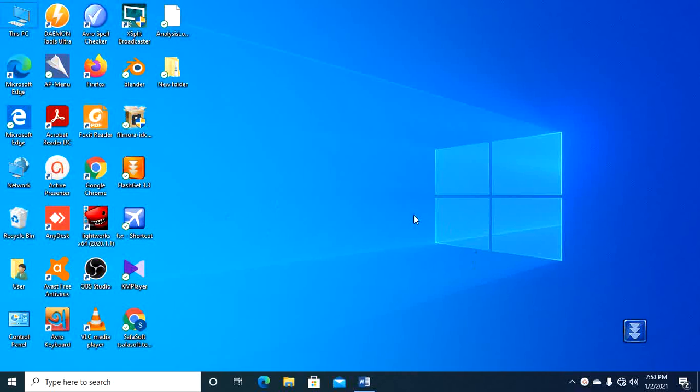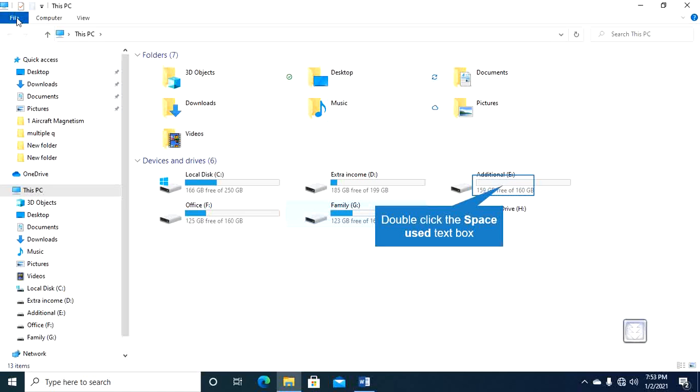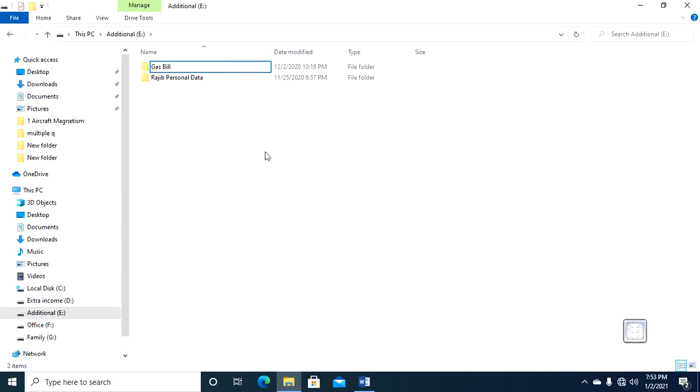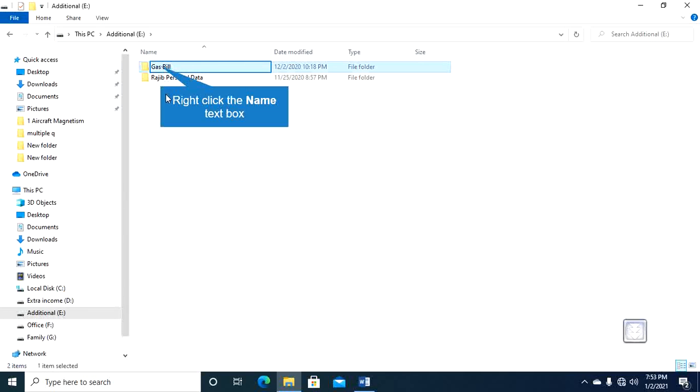First go to My Computer, then, for example, you have to choose a folder or file. Now we can go to drive E, and there is a folder named Gashville. You can also hide a folder and a file with the same process. So now I am giving you an example of how you hide a folder.